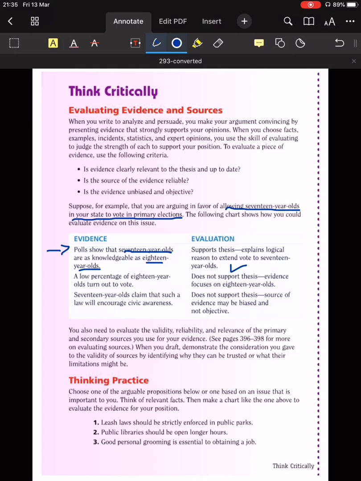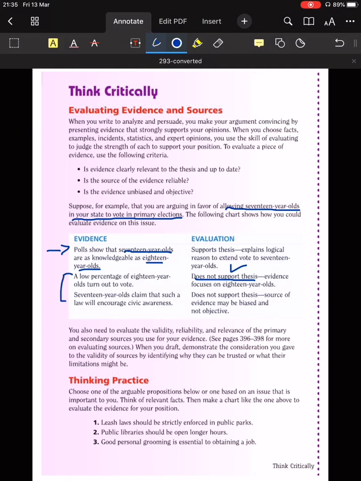Let's see. A low percentage of 18-year-olds turn out to vote. Now, how does this help me? Remember, I want the law to allow 17-year-olds to vote. So what if the 18-year-olds do not vote? Does that mean 17-year-olds will? So it doesn't quite support the thesis. It focuses mainly on the 18-year-olds. It doesn't tell anything about 17-year-olds. So I'm going to move to the third one, which is